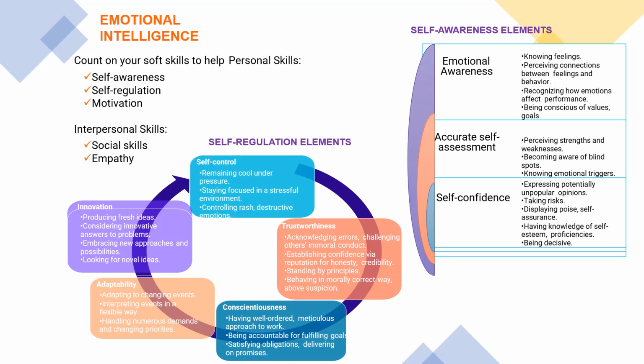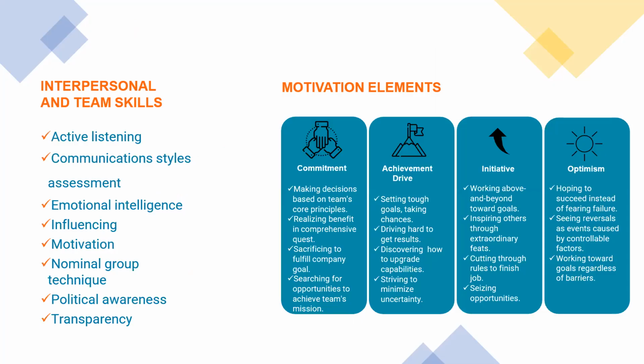Now you can go around all of these and have some fun with it. Trustworthiness. Just go around this. I'll send the slides to you. Go around all of these and just try to ask yourself the question, where do I stand in all of these areas? If you are a 10 over 10 on all areas, then you have a very strong emotional intelligence. But if you don't, then maybe it's time for you to begin to work on those little gaps that might be spoiling the whole meal. Okay. Now, the third prong is called motivation.